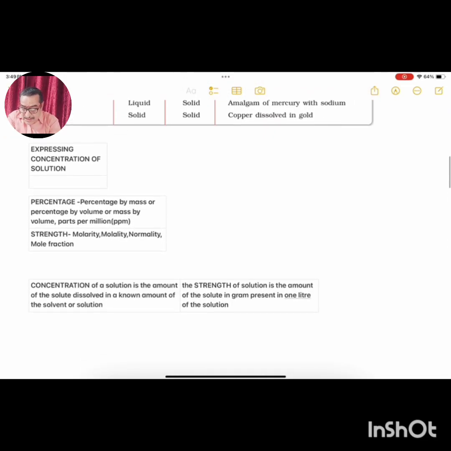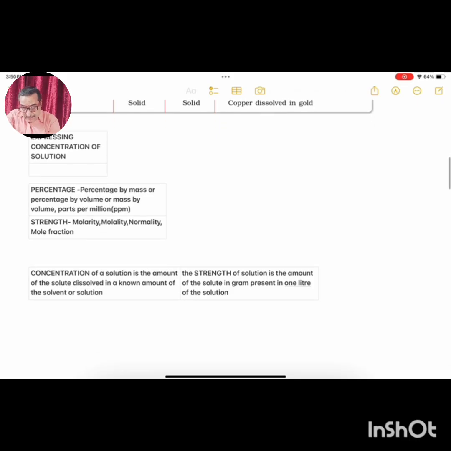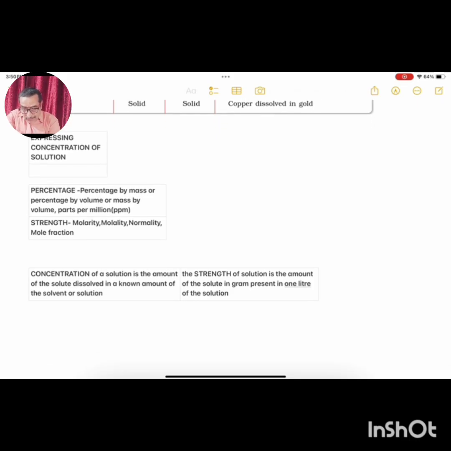Now our major concern is the second part of this chapter, that is called expressing concentration of solution. Now one very interesting question comes to our mind. What is the difference between concentration and strength of the solution? Concentration of a solution is the amount of the solute dissolved in a known amount of the solvent or solution, whereas the strength of the solution is the amount of the solute in grams present in 1 liter of the